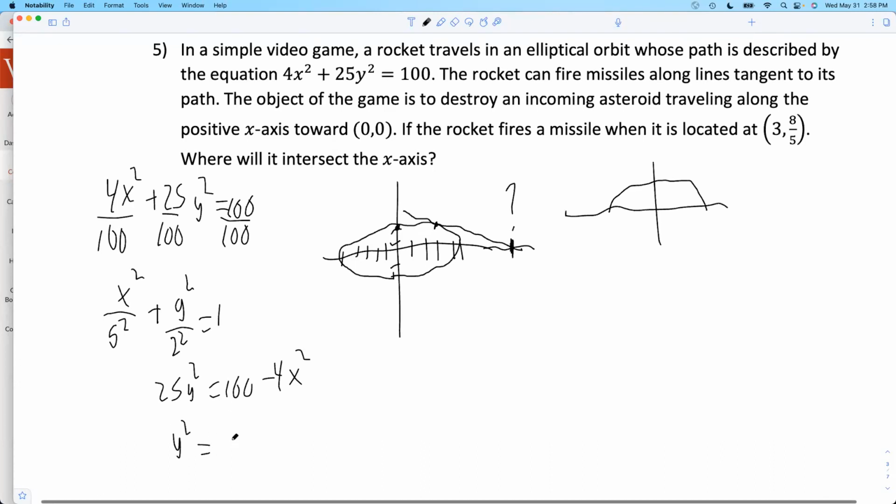So what would that be? That would be 4 minus 4 over 25 x squared. Take the square root of both sides. I'm technically supposed to put a plus or minus here, but I don't care about this bottom half. I'm up here on the top half, so I could ignore that minus and just take the plus and say, well, that curve right there is this. I have solved explicitly